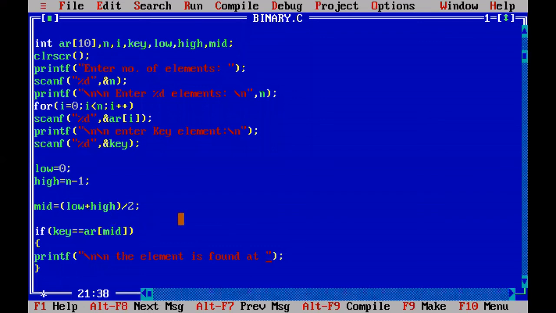Found at what? Percentile D. At what position it is found? It is found at mid position. Mid. So that mid position we are going to replace in the place of percentile.